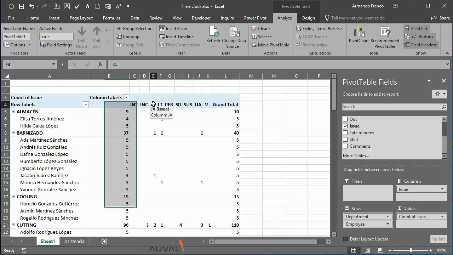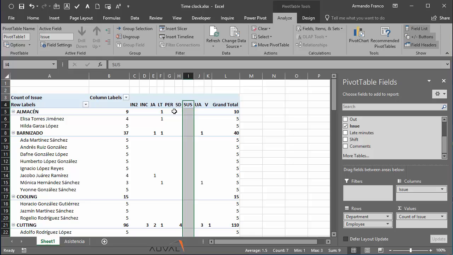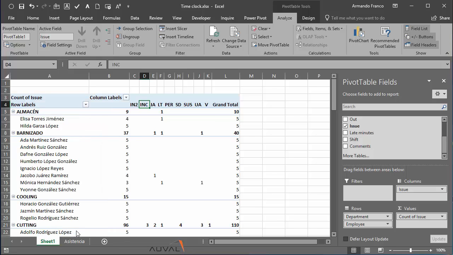And then justified absence, unjustified absence, vacation, permission, sick day, suspension, incapacitated appears. If I don't want to see the people who have no issues, I click here, remove the blank, okay,